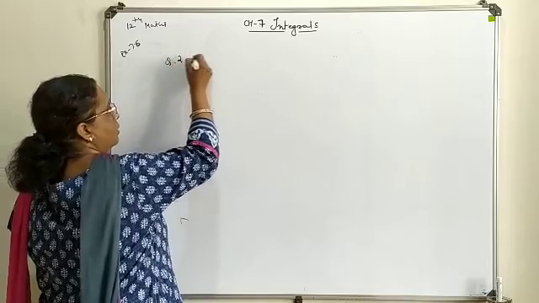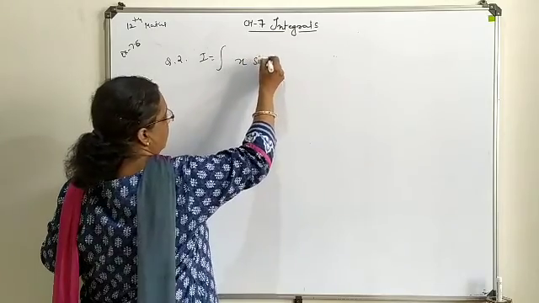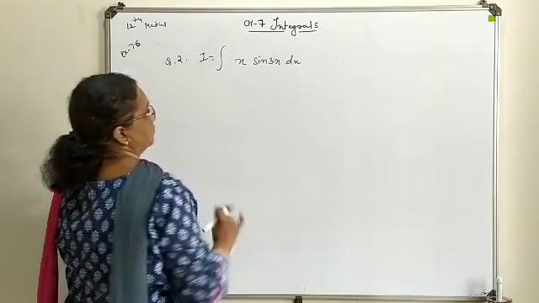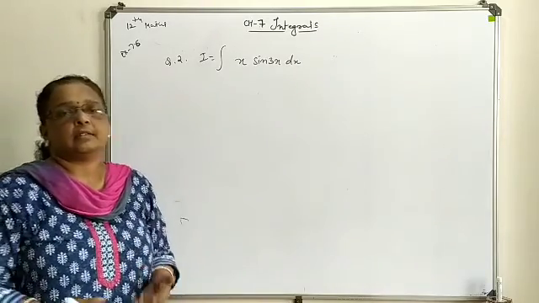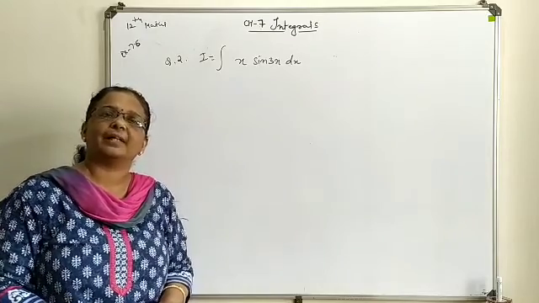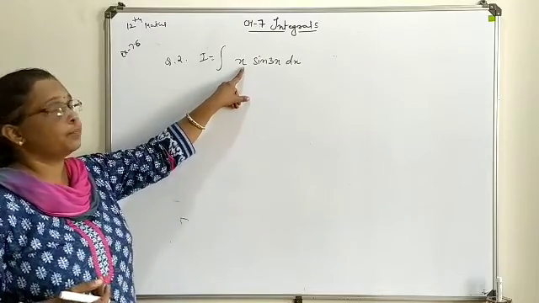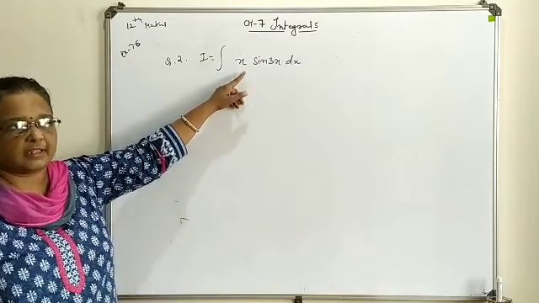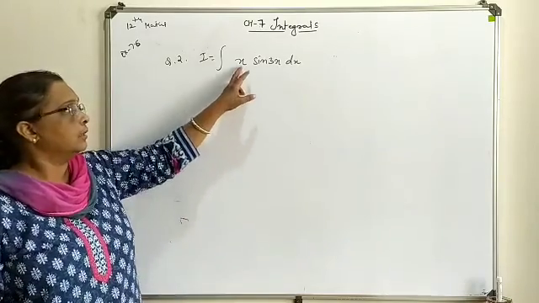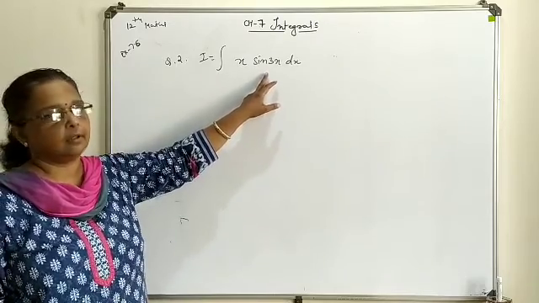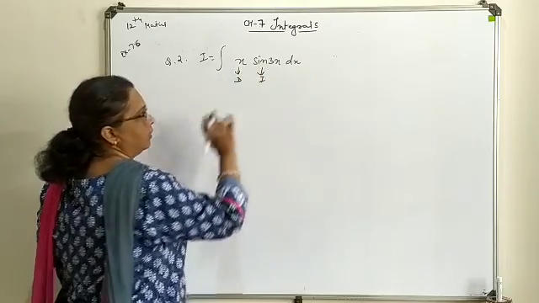So here I am going to attend the second question in which this is x and this is sine 3x. Now it is very clear that if you go for writing integration or differentiation of your trigonometrical term, it is not going to be reduced or eliminated. Whereas if you use this x for differentiation, obviously it will turn to a single number. So this will proceed for differentiation, this will proceed for integration. So mark for your reference, this is for differentiation, this is for integration.